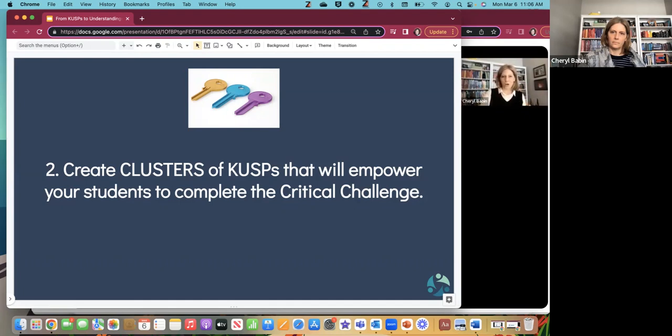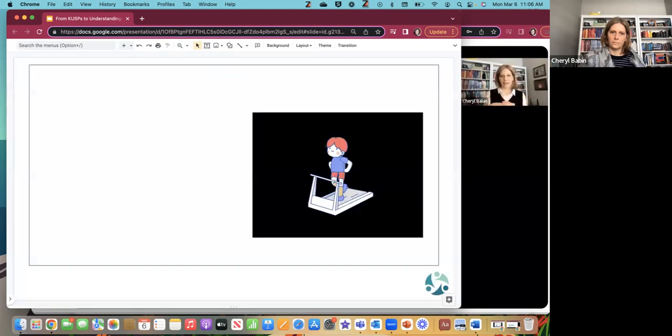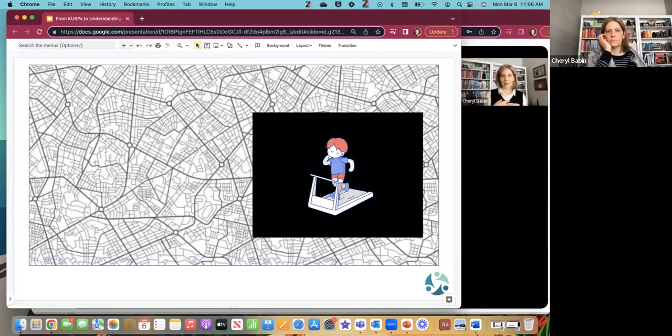And so now I really want to talk about how to cluster those cusps and to help pull it all together. This is a slide that I used in another session that was called Help, School Feels Too Busy for Learning. And I imagine that in this background on the map there, each of these sections or communities is like a section of learning outcomes, and all of the cusps are the little roadways and lines in between.